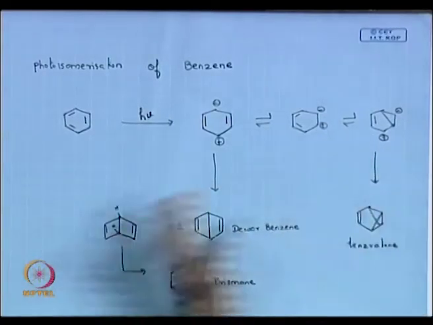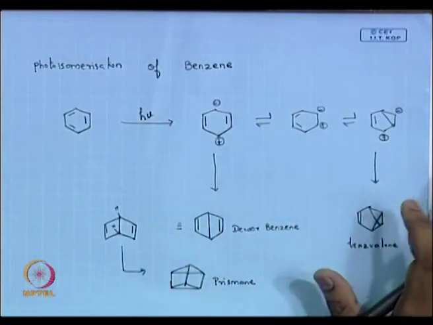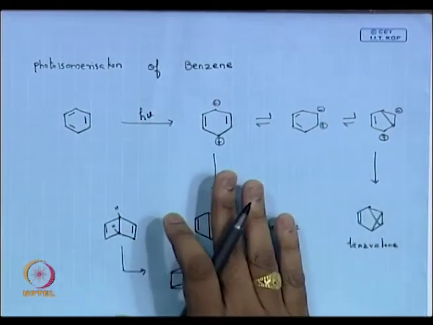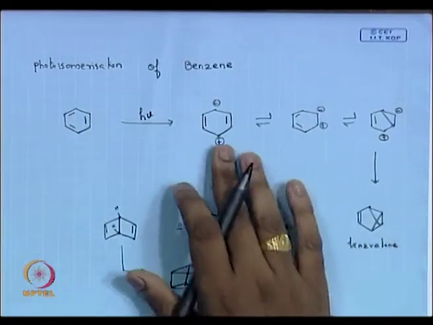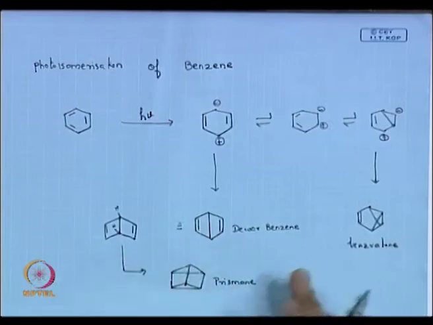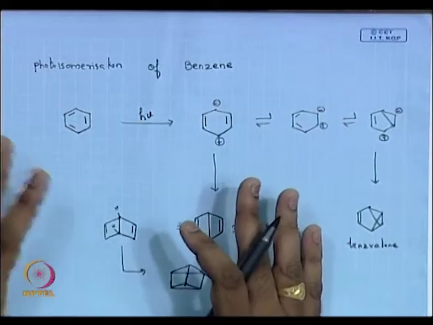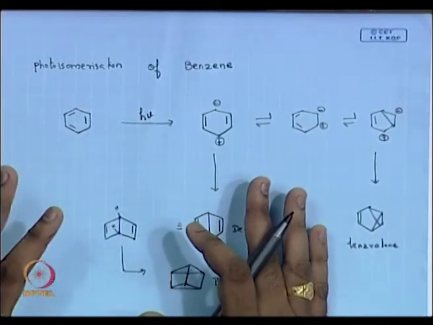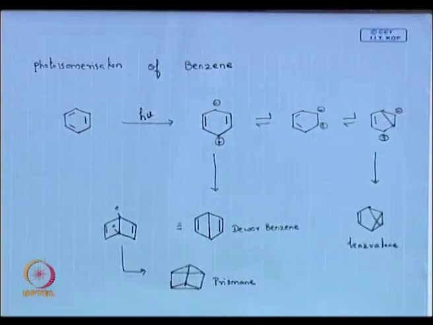But as photochemistry, this is how it comes. Like you take benzene to the singlet excited state. In the singlet excited state, it exists more like a zwitterion. Then you can have the states in which it can have resonance forms. Then from each of the states, it gives you the product. Okay, this you should know. I think this is your first chemistry of aromatic systems. You have not dealt with aromatic systems so far. I think this is your first system where you are dealing with an aromatic system. Fine. Okay.